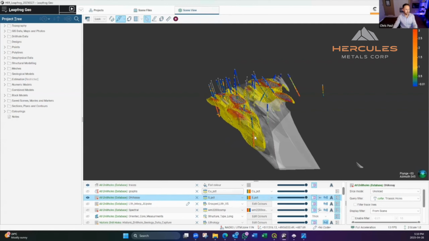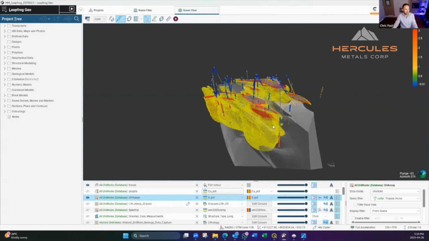Sulfur, iron sulfide, is pyrite. We don't really get sulfur in anything else here. Sometimes you get anhydrite, which has a lot of sulfur, but we don't get that here. So if you see high sulfur, it's telling you pyrite. And you can just see so clearly those high sulfur values, those high pyrite values, just sitting on the outside